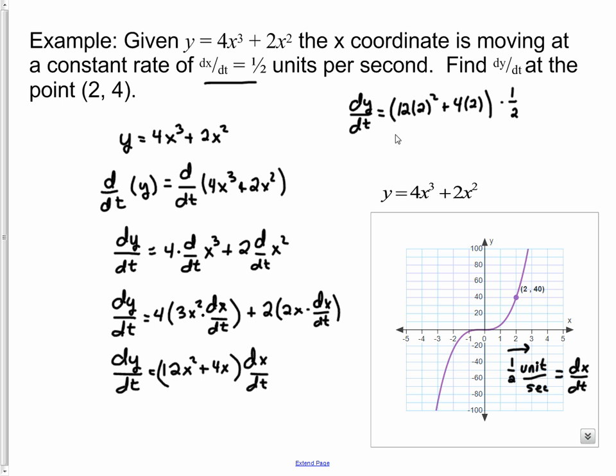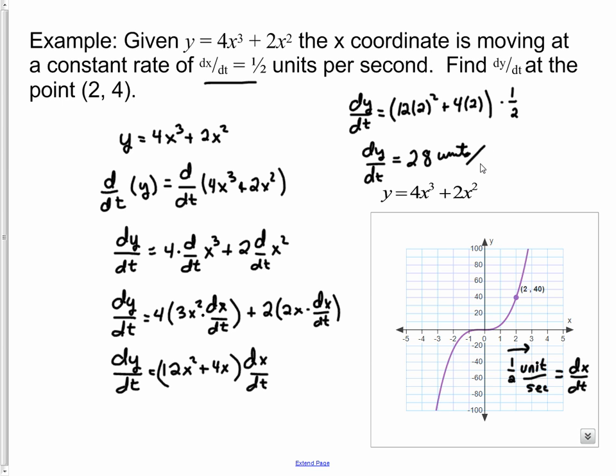All right, doing a little bit of work right here. This is 12 times 4, 48, plus 4 times 2, 8. So 48 plus 8 is going to give us 56. And 56 times 1/2, everybody, at the same time, you can tell me. 56 divided by 2, yes, that's 28 units